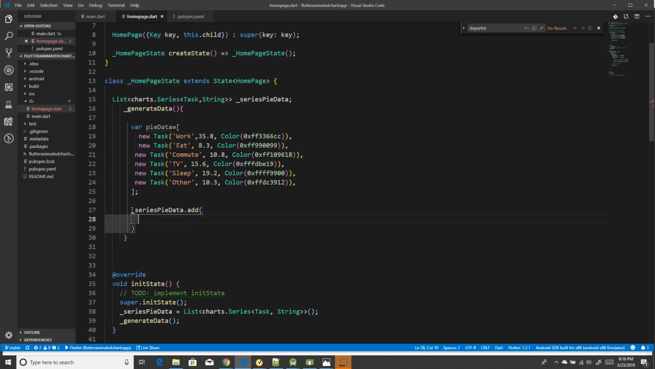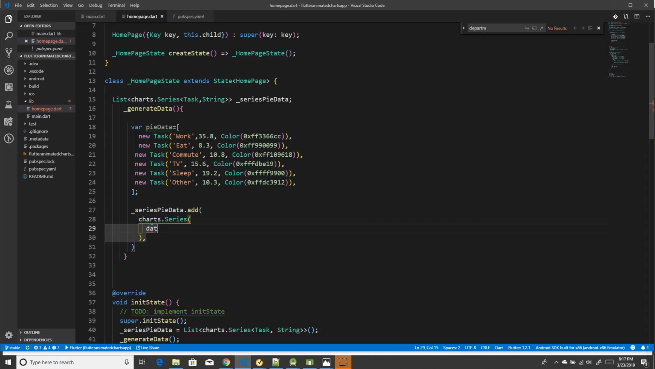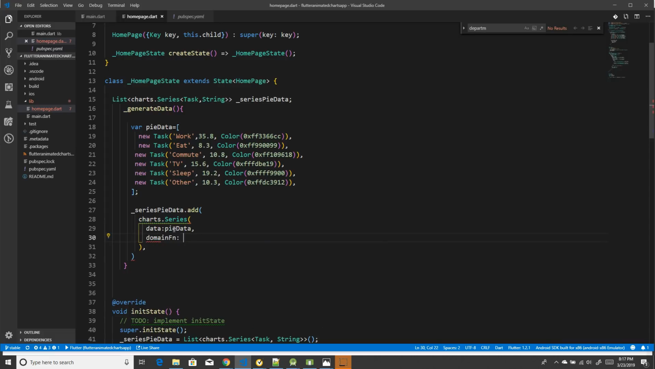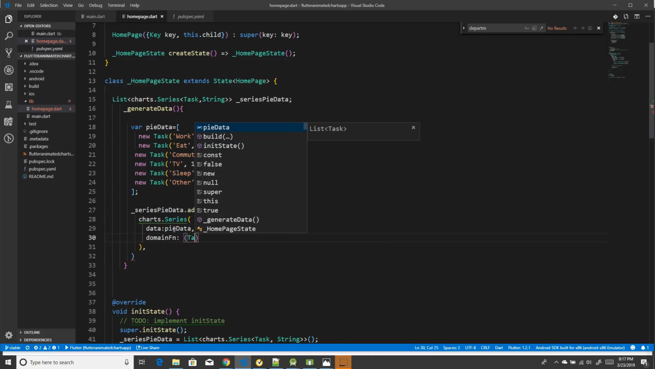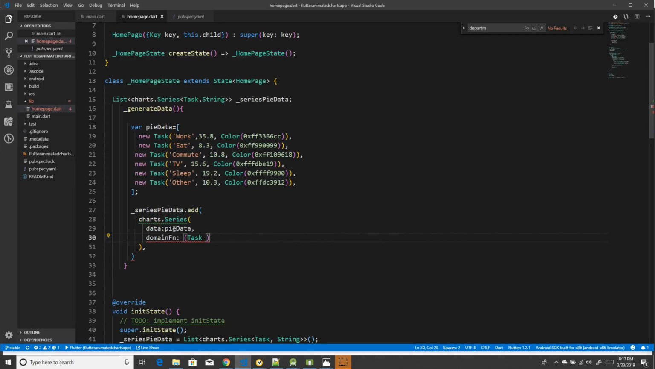So the first thing that I'm going to add is the charts.Series, and inside this I'm going to define all my properties. So first thing I'm going to say data, and the data is nothing but the pieData. Next, you can add your x and y axis detail. So first is the domainFn, and for this you got to say task, and give a name for this, which is task, and another one is just underscore. You can just leave that, and this holds my task